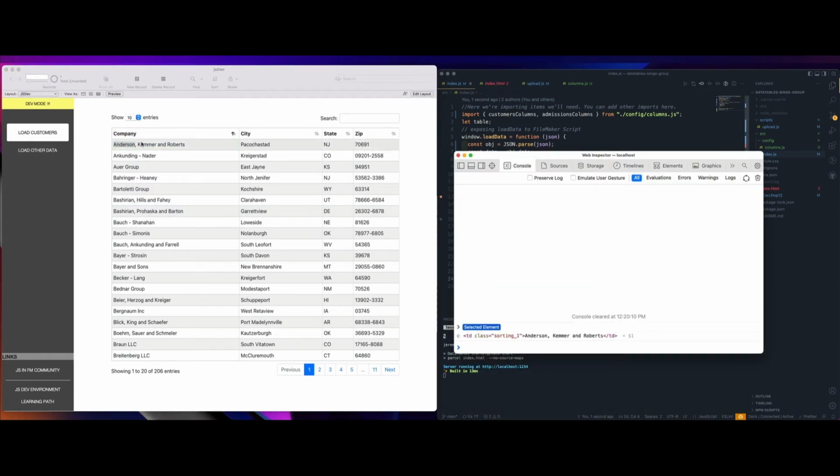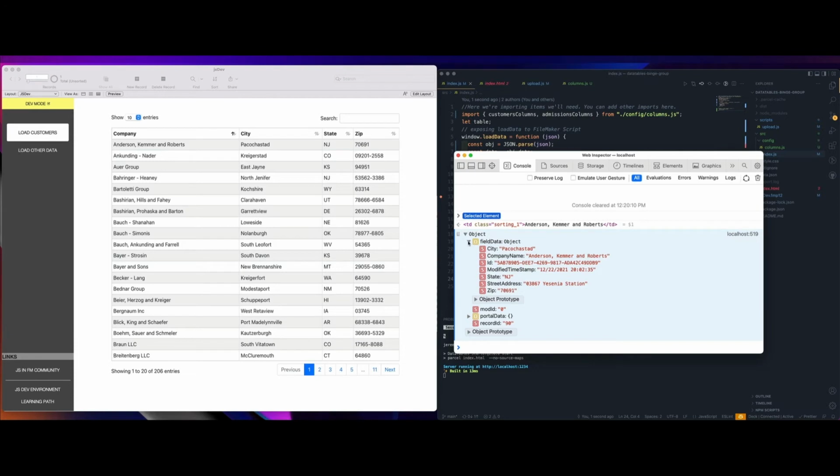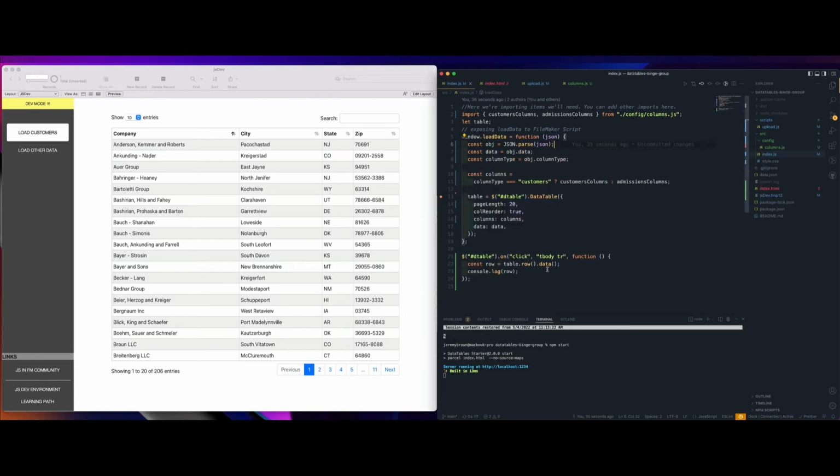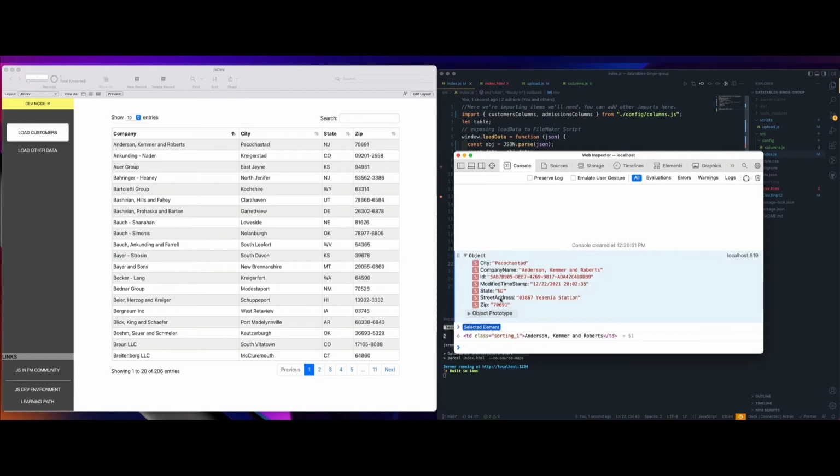If I click on the first row, I get the data from that row. You can see that the company name matches. And here I'm getting the exact object that was brought in from FileMaker. And again, that's part of the training and part of what we had done there. So this is all the information about that particular row. We only really need this field data property out of this object. So I'm just going to target that with .fieldData. So let's reload it. Click, console, and now we have the right data of that row.